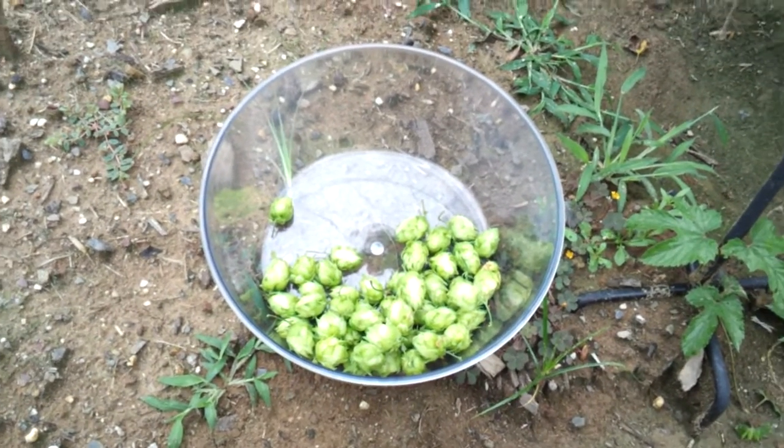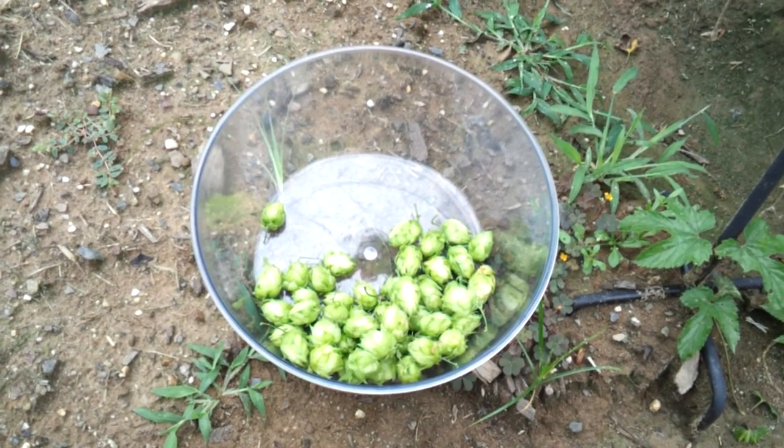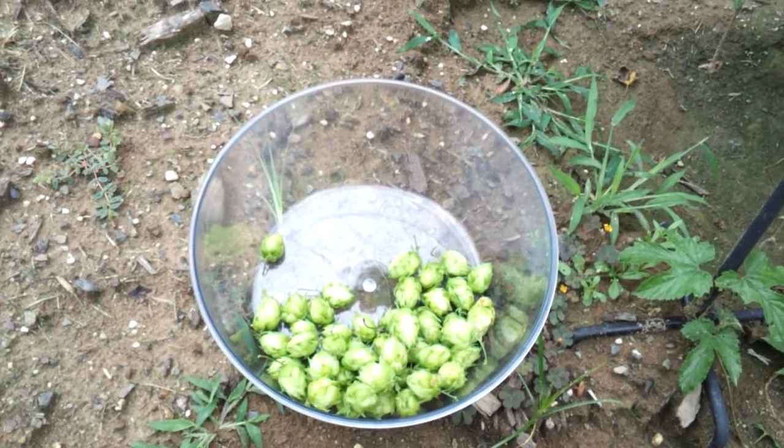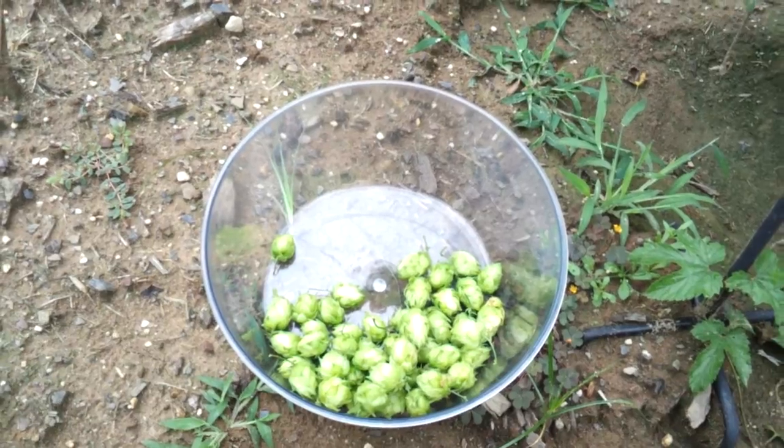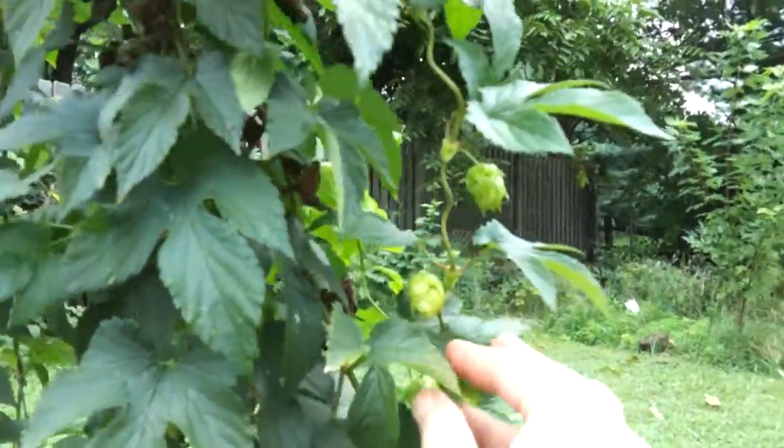So here's what I harvested. It's not a lot, as you can see. I was expecting there would be more that were, I guess, ripe. There's still a lot of hops on here that are young. You can see right here. But